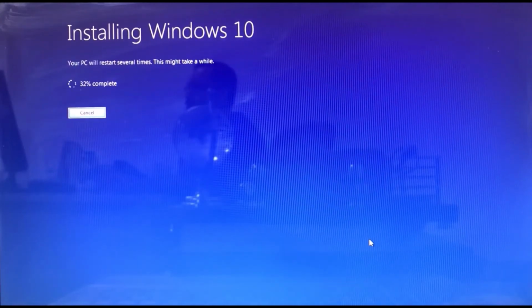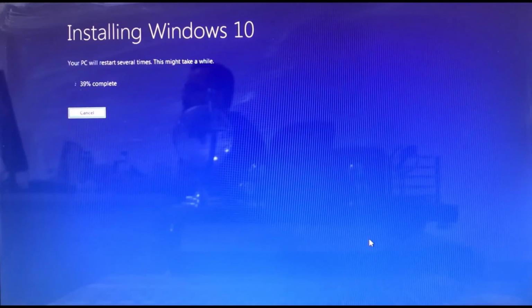If you have a high configuration, it will be very fast. Still going on.